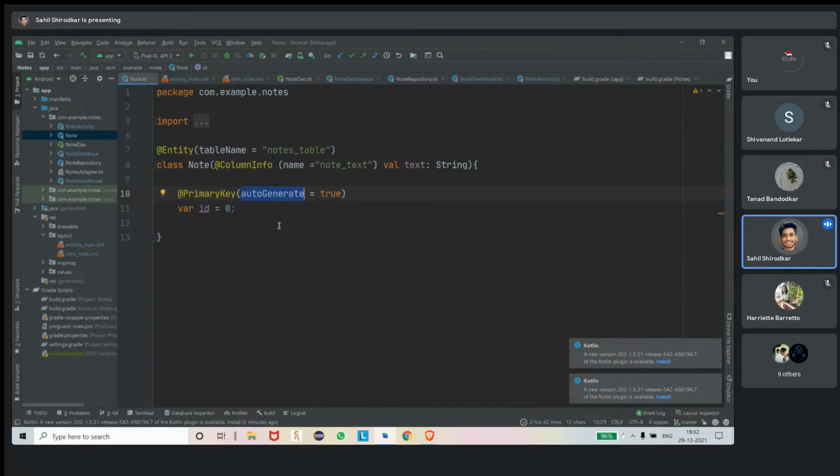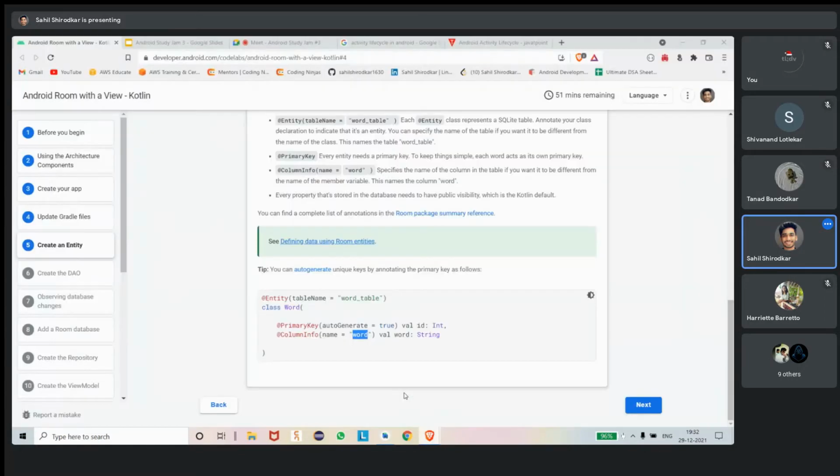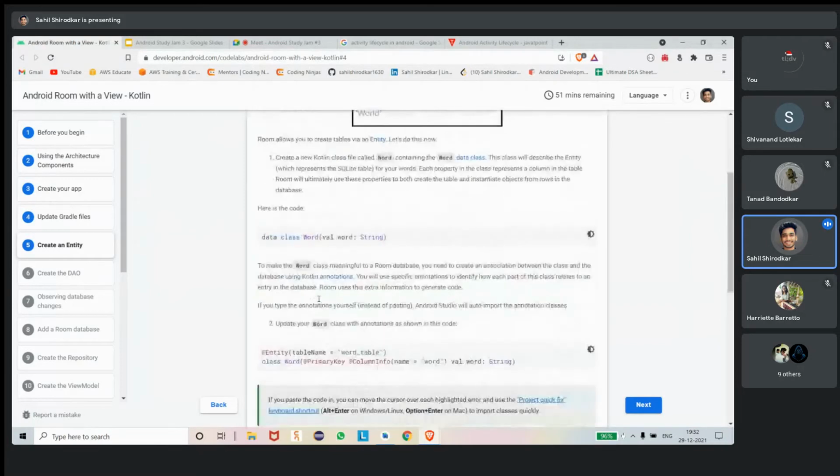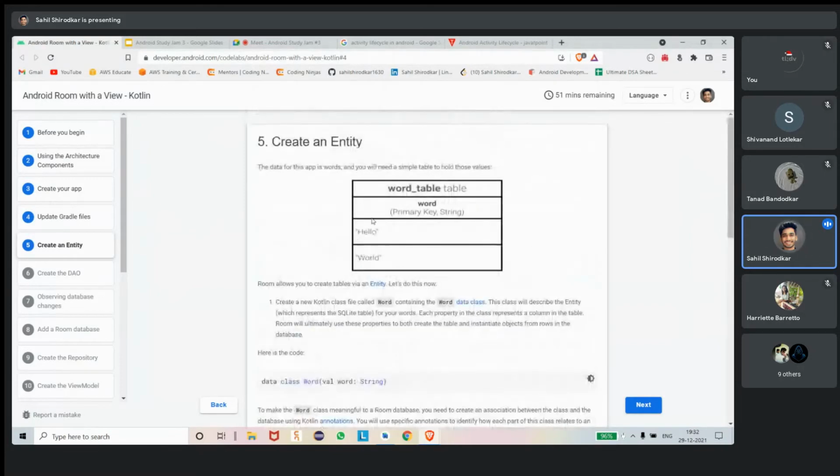Because, as you know, a primary key is always unique. It uniquely identifies all the rest of the columns basically. That's why we want the id to always be unique, and that's why we have made it autoGenerate. Once we are done with the entity, we can now create the DAO. You can see like this the table will work.